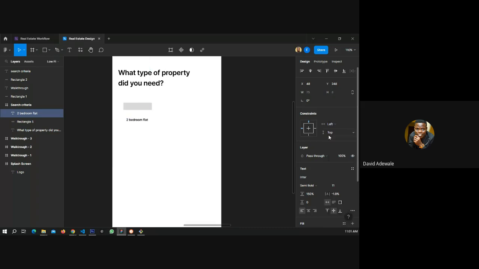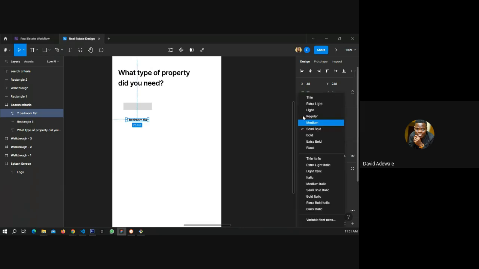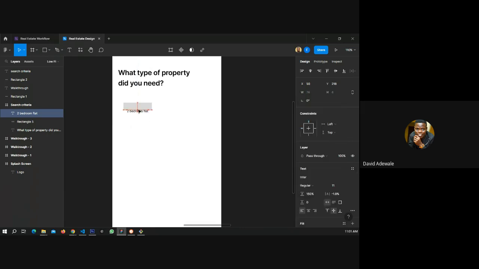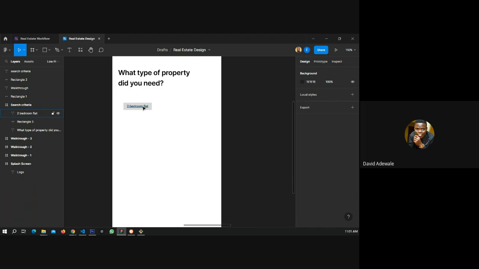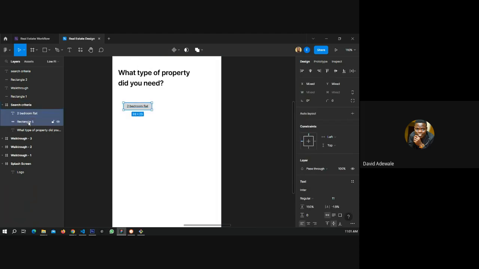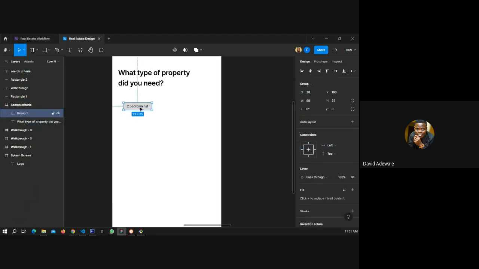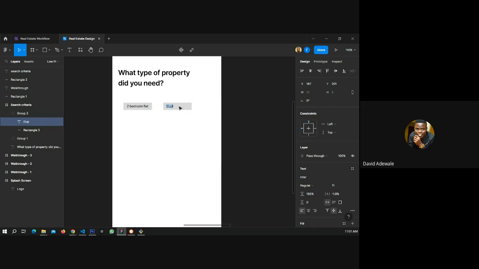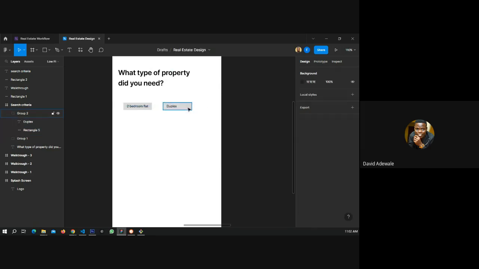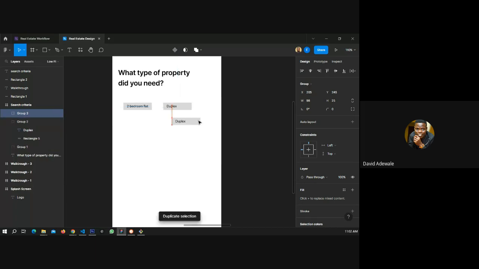Now I want you guys to start giving me suggestions. Anybody with any? Let me just group these so they can just pick. Duplex, 3-bedroom, Duplex. Don't mind, it might not be really aligned, but let's have it anyhow.